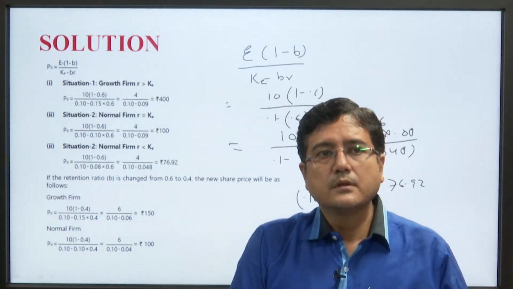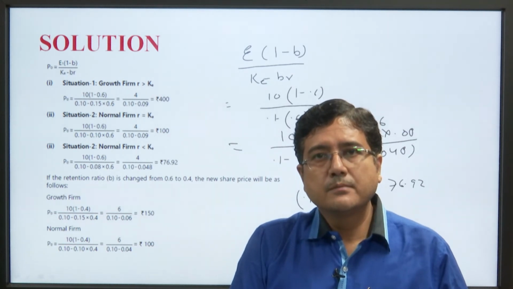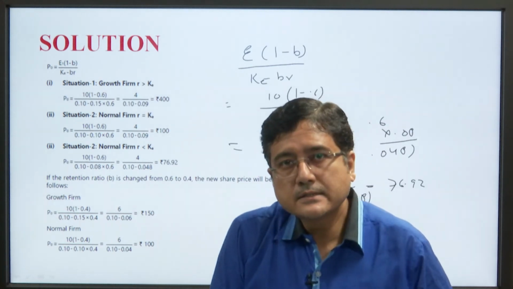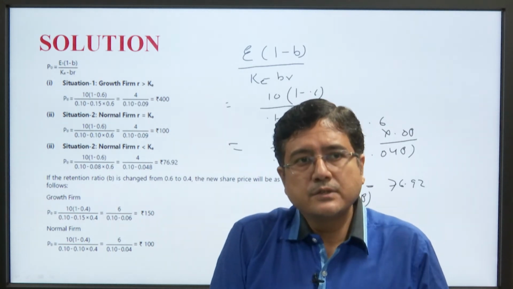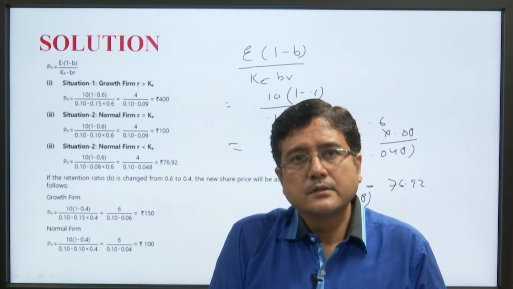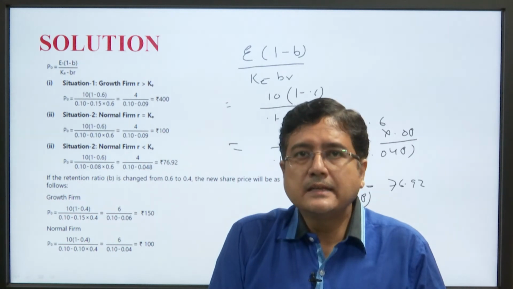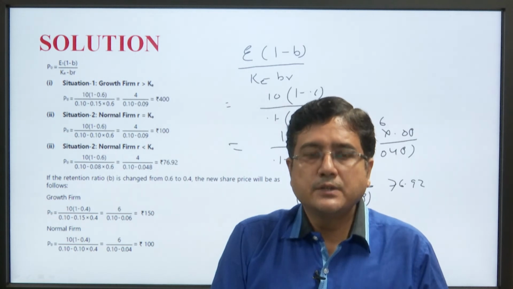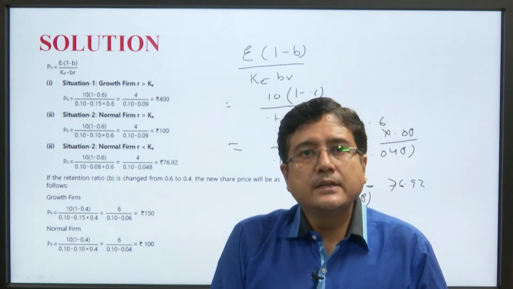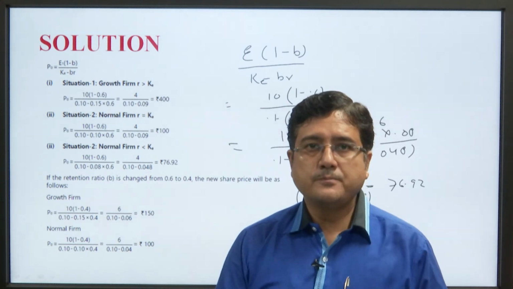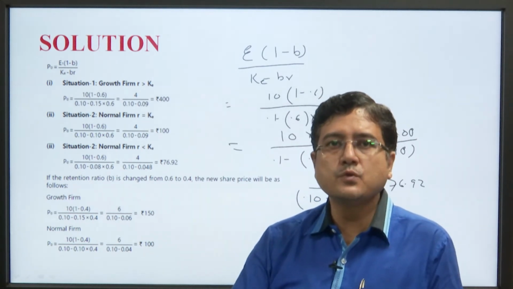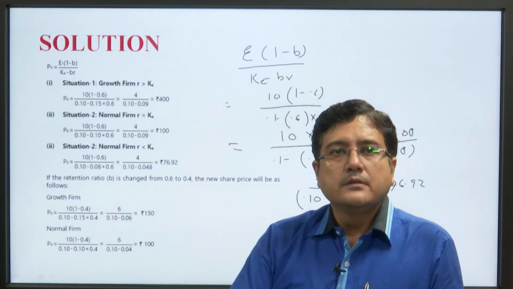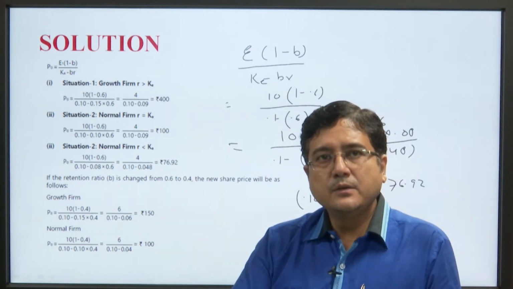Hence, the value of the firm again decreases, or price of the firm decreases, when R is less than K. Now, it is 76.92. Therefore, if the retention ratio changes from 0.6 to 0.4, the new share price will be